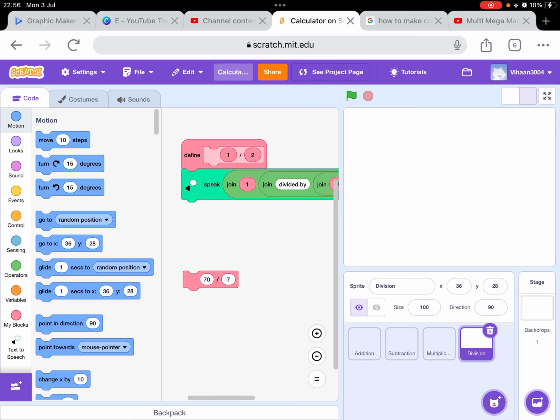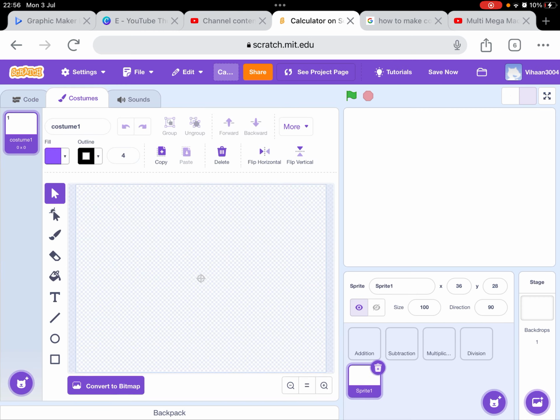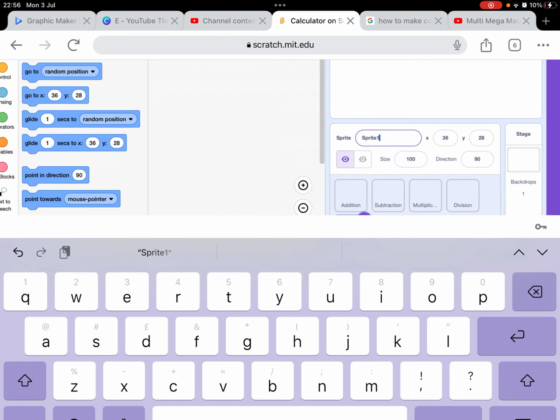Welcome to the second part of making a calculator in Scratch. Today we will learn how to make a percentage and power. Let's get started. We are going to create a new sprite, and this one we are going to call